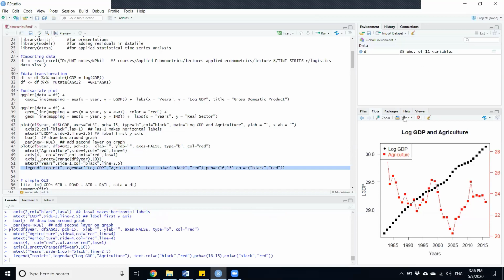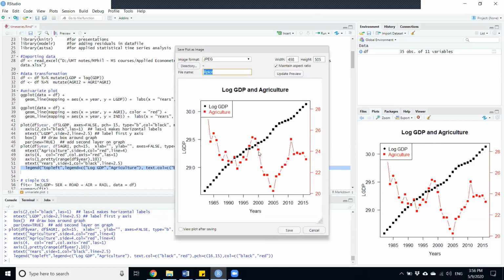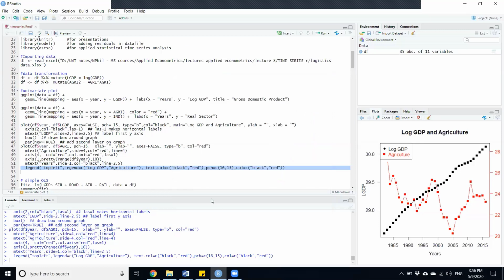So when I zoom it up, you will see that there is data for both of the variables. So this way, if the scale is different, you can draw the graph for the variables that you're using. Here actually my dependent variable is log. That's why it seems that the scale is almost the same, but it can be used for different scales.